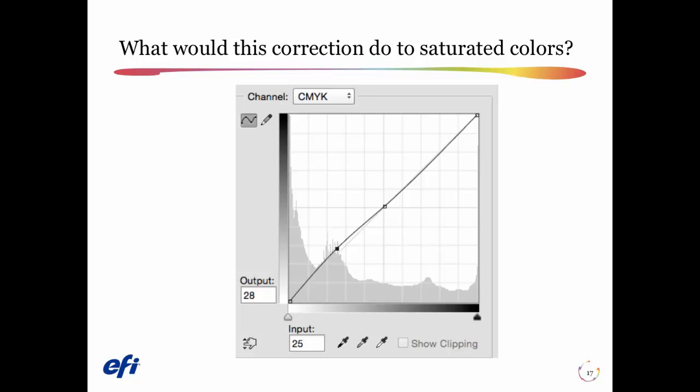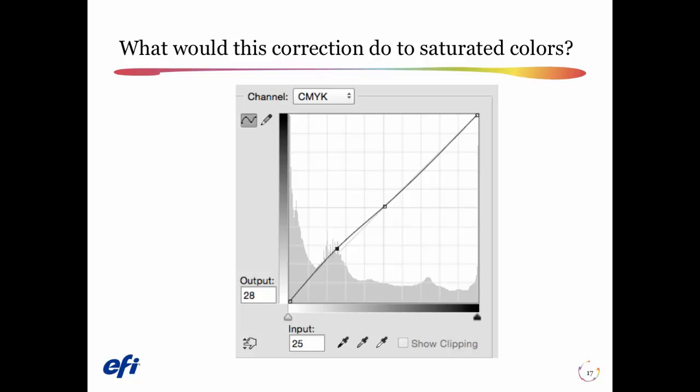Before we close, I want to give you a challenge question. What if I darken the quarter tone? And now I'm in the full Photoshop tone curve here. If I darken the quarter tone, do you think the colors will increase or decrease in saturation? The answer is that by moving up the quarter tone, I am increasing the unwanted component in all my saturated colors. I'm not moving the wanted components since they're up near the shadow where I didn't move the curve, and therefore